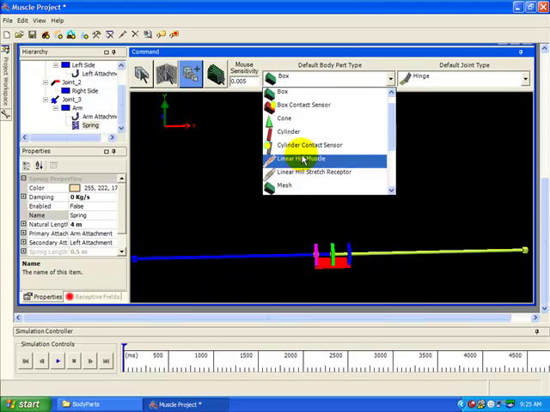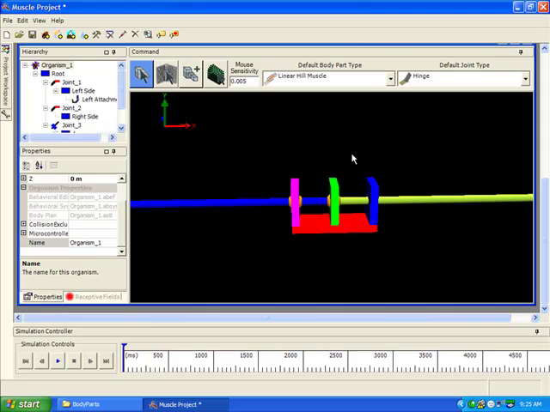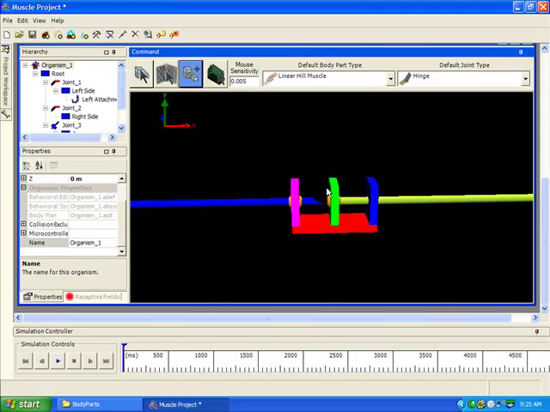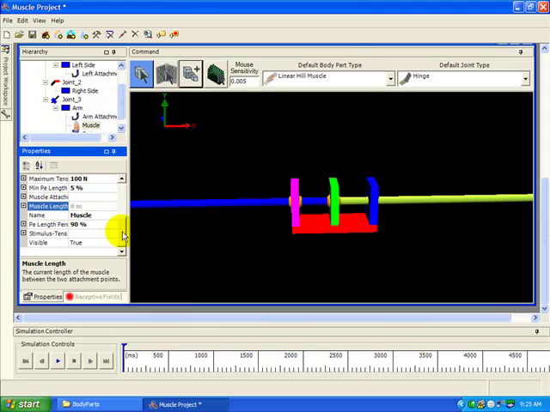Select the linear Hill muscle as the default body part type and add it. Change its name to be muscle. We'll be setting the spring constants and damping coefficient to specific values for now. And then I'll show you how to try and experimentally determine what those values are. Set KSE to 500 Newton per meter, KPE to 125 Newton per meter, and B to 100 Newton seconds per